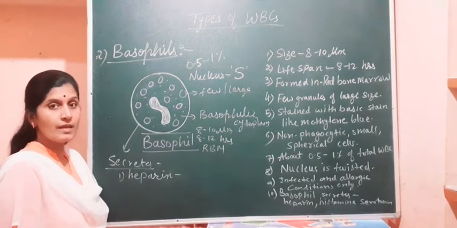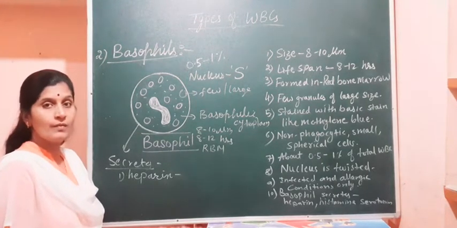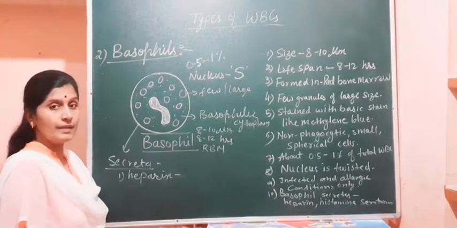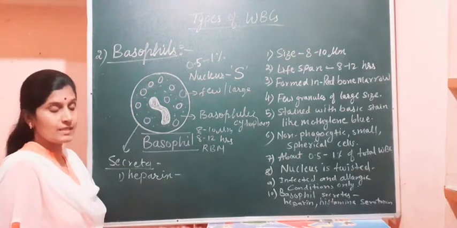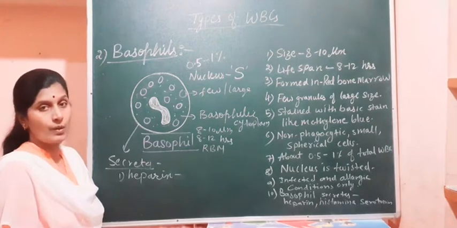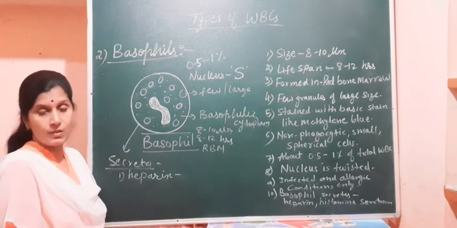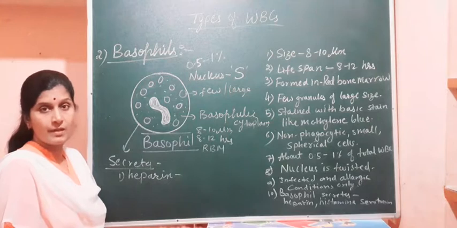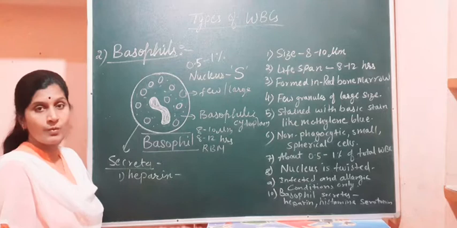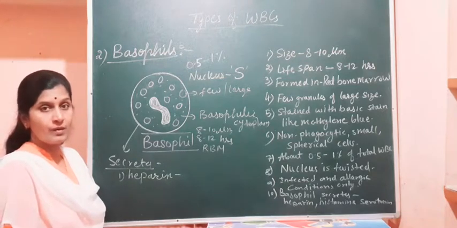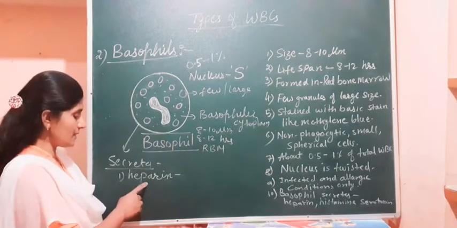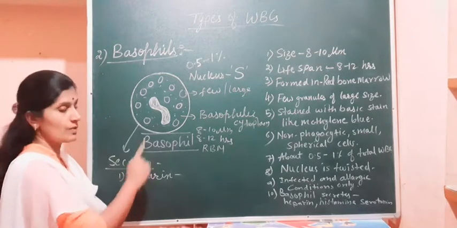As soon as the blood comes out, it clots within 5 to 8 minutes. But when it is inside the blood vessels, this heparin won't allow it to clot. If heparin is not there, then what happens? The blood will clot and cannot move. There is no circulation, and it cannot supply things to the cells. In this way, heparin is very important, and it is secreted by the basophils.